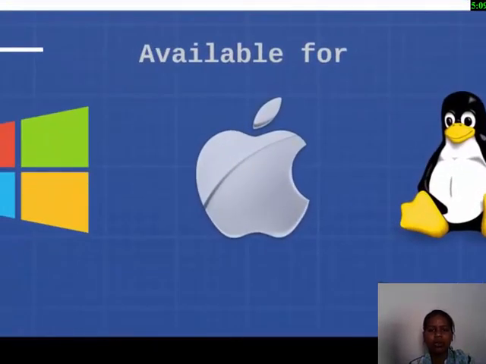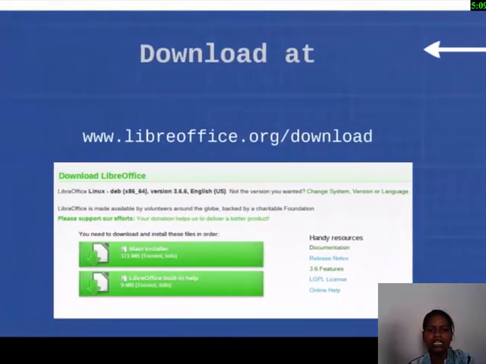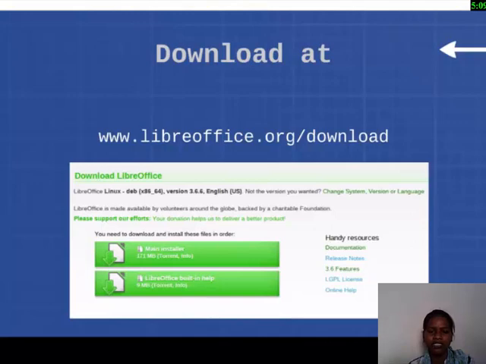Furthermore, it is available in 110 languages and can be used on a variety of operating systems including Windows, Apple, and Linux. So, if you want to download the LibreOffice suite on your PC, you can go to the link